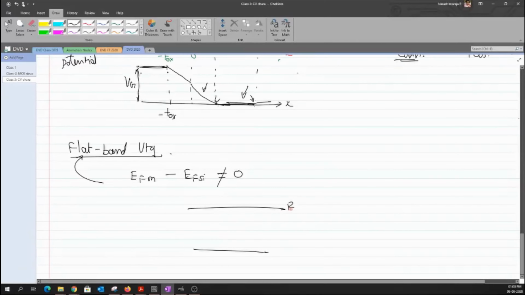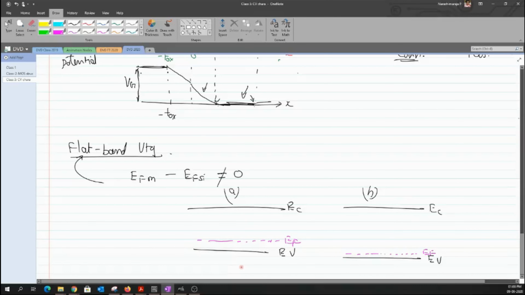Okay, I have this conduction band, and here is my valence band. I have two types of materials. Okay, having the same energy or the band gap. Okay, and let me label this as A and this as B. Okay, and I have a Fermi level, something like this, and the other one has a Fermi level that is a bit closer. Which one has a higher concentration of holes? A or B? How do you represent them?